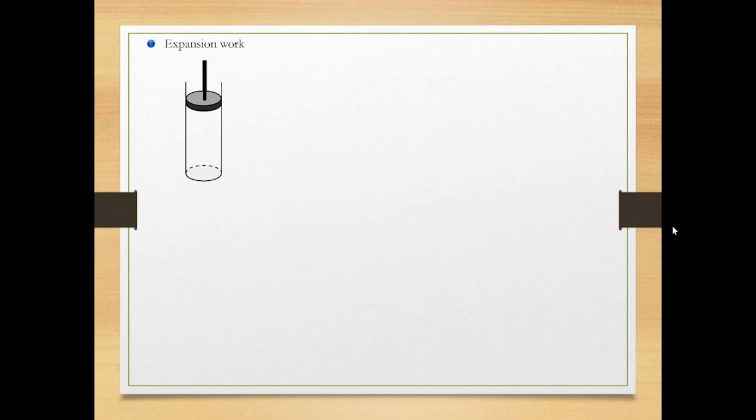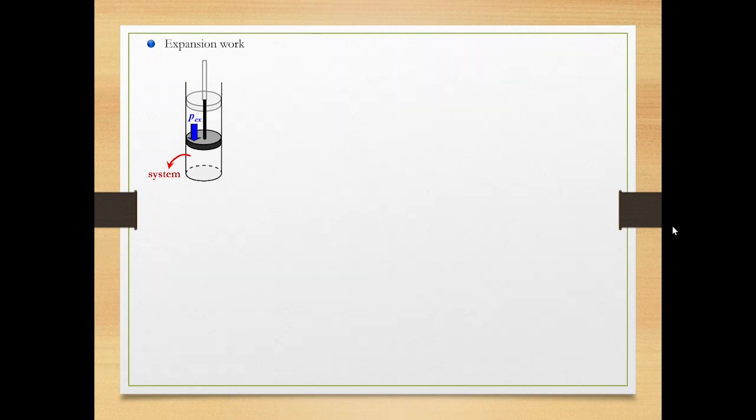Expansion work is the work arising from a change in volume. Take note that the expansion work also includes work associated with negative changes of volume of the system, that is, compression. Check this cylindrical chamber closed by a piston. The inside of the chamber is the system. External pressure acts on the piston and pushes the piston down. This causes volumetric change of the system, that is, compression.